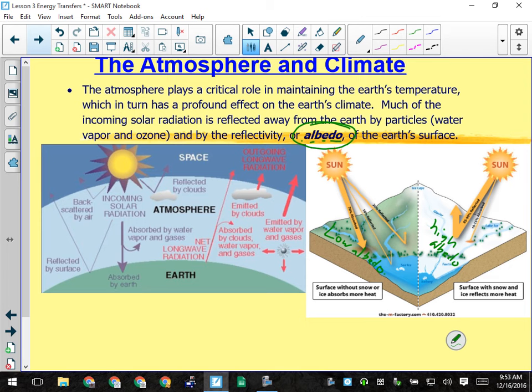Do we use this property to our advantage at any point? Especially in the wintertime, we do something that tries to change albedo on the roads. What do we put on the roads when it gets icy? Salt and gravel, sand. The salt will lower the melting point of water a little bit, but it's only going to be a few degrees. What really helps melt the ice is the fact that when we throw sand on the ice,